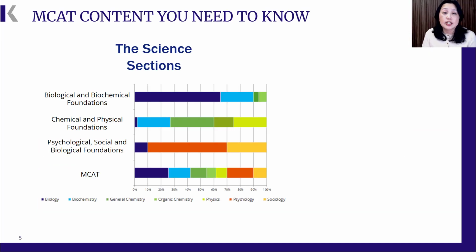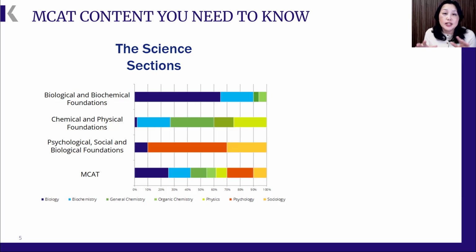In terms of the science sections, the MCAT is divided into 4 sections, but 3 of them are going to be science content based. And it's interesting in terms of this graphic with the bar graphs, the science disciplines are not going to be tested evenly. You'll notice that there is a bigger focus on biology in all 3 of the science sections, but the weight of something like organic chemistry or physics is maybe not as representative of how a student would divide their own personal time. For a particular student, they might struggle a lot more with organic chemistry and therefore spend a lot more time studying for that. But in terms of the weight on the MCAT, it only makes up about 15% of the